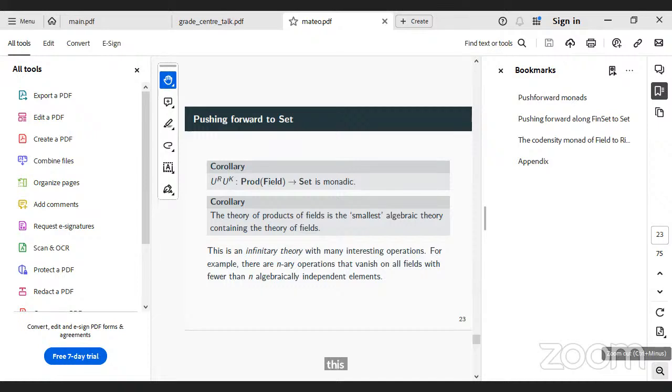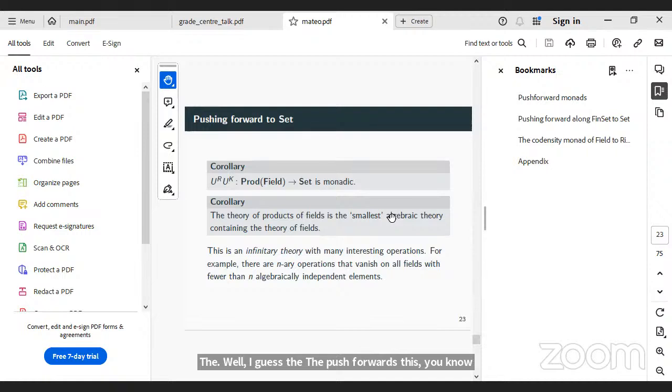We've seen in some cases, for example, for finite sets, the push forwards did give us a distributive law between the original functor and the ultrafilter functor, but that seems to be quite a rare case. I think what you're hinting about though is